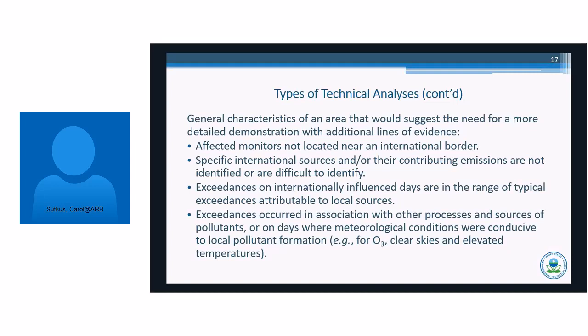And exceedances occurred in association with other processes and sources of pollutants, or on days where meteorological conditions were conducive to local pollutant formation. So this would be a conceptual model where the exceedances are not clearly and immediately distinct, and therefore it would require more lines of evidence.